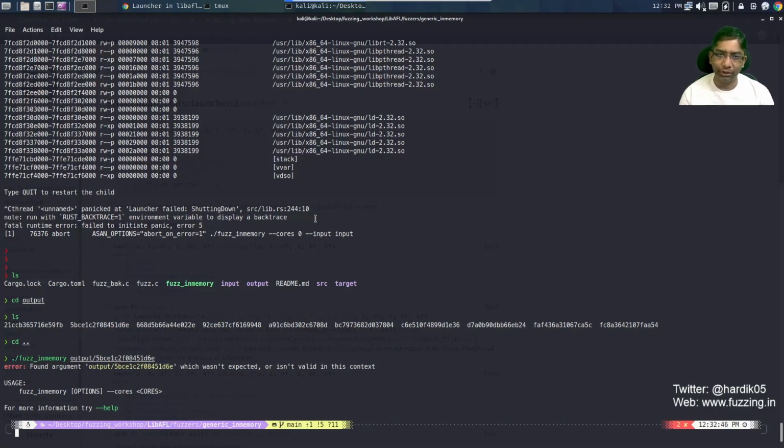Since this is a libFuzzer based harness, it won't have a main function or the process image function which we've been using in previous videos. So if you want to replicate these crashes, I recommend you go to the previous videos and see how we can replicate them.